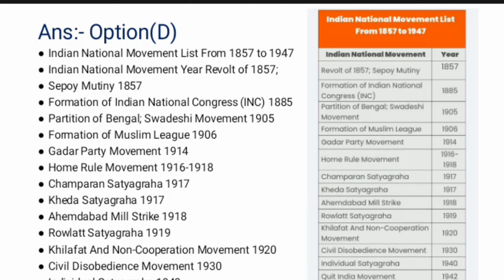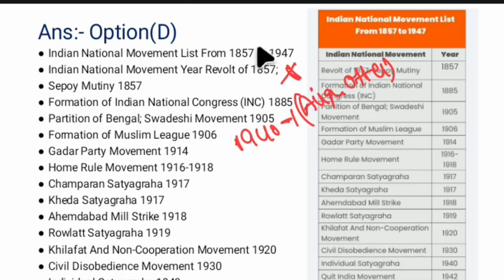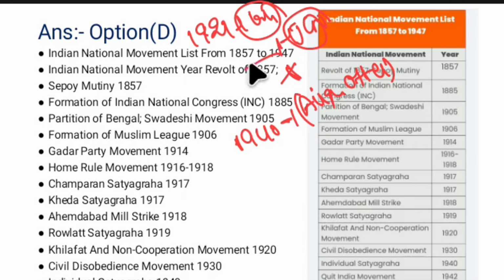And in between, what has happened? In between, 1940 August Offer, and Indians were not accepting this August Offer. This August Offer does not talk about complete independence, because the 1929 Lahore session, which was chaired by Jawaharlal Nehru, talks about complete independence. The complete independence resolution was taken in the Lahore session,